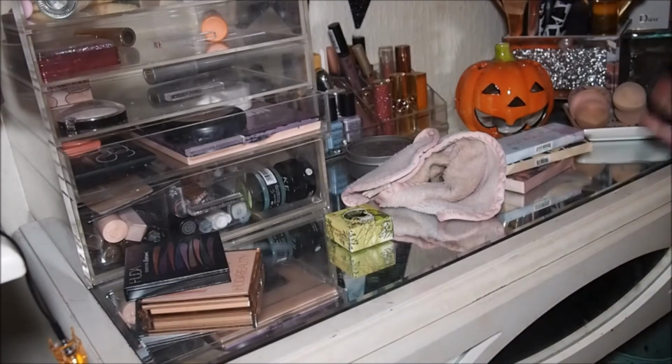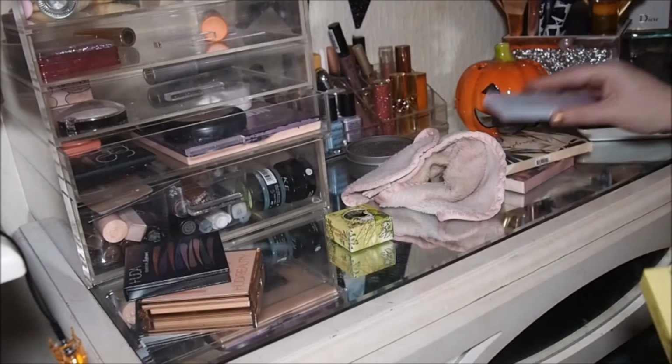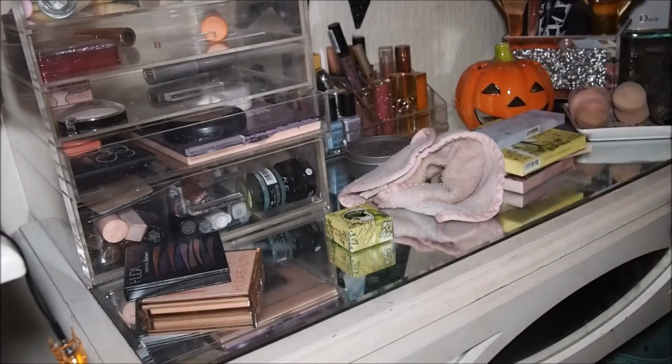But if I had to choose, it would be Cara Beauty all the way, guys. It's just such a beautiful palette. And then with the